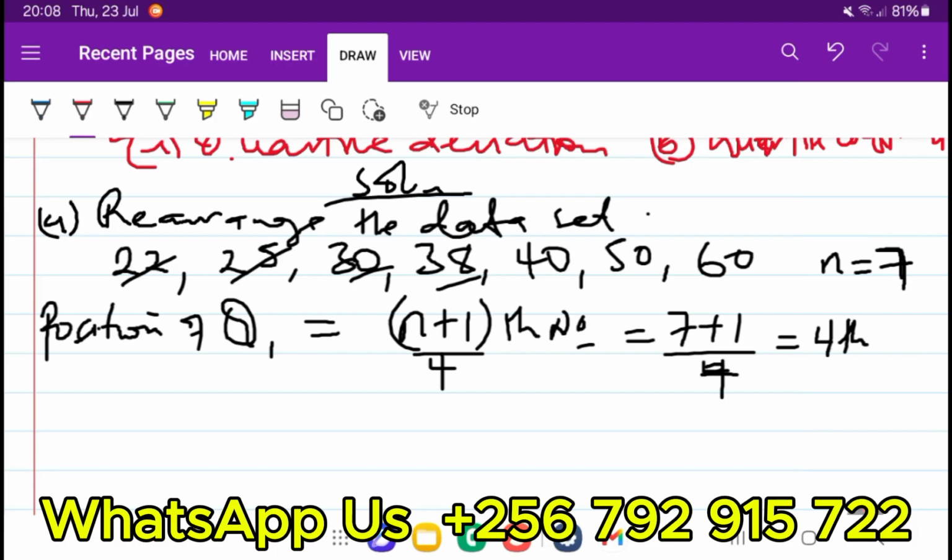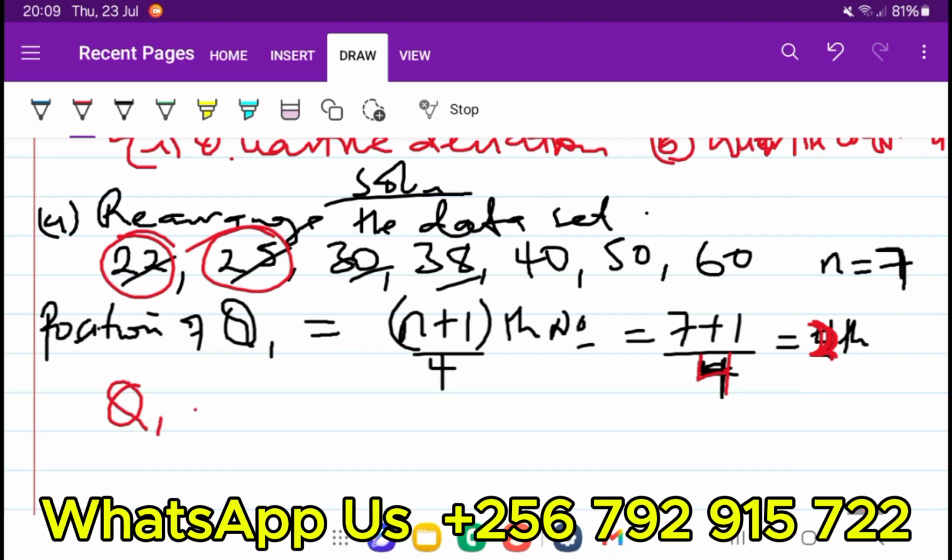Sorry for that, this was dividing by 4. It gives you 2. This is a 2 because here we are dividing by 4 and we count 2 positions, 1, 2. So the Q1 is actually